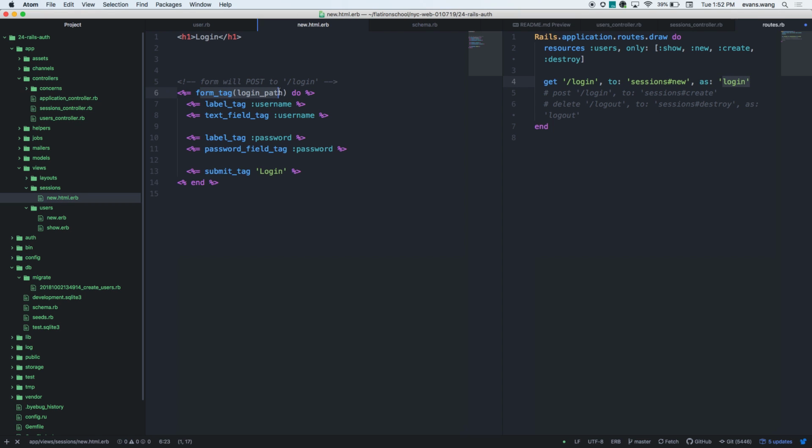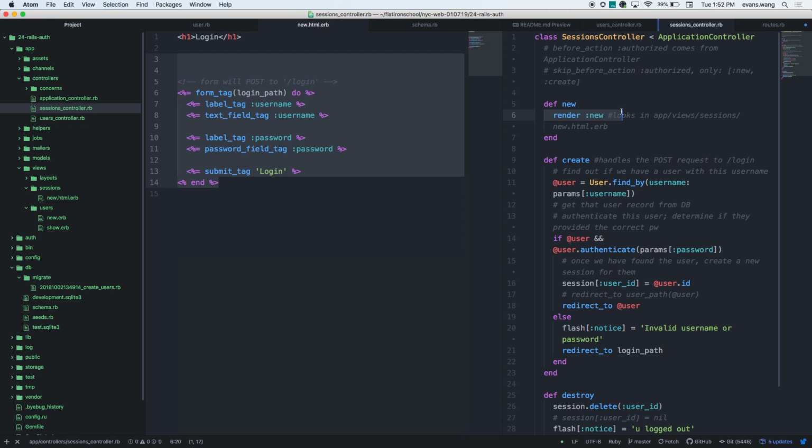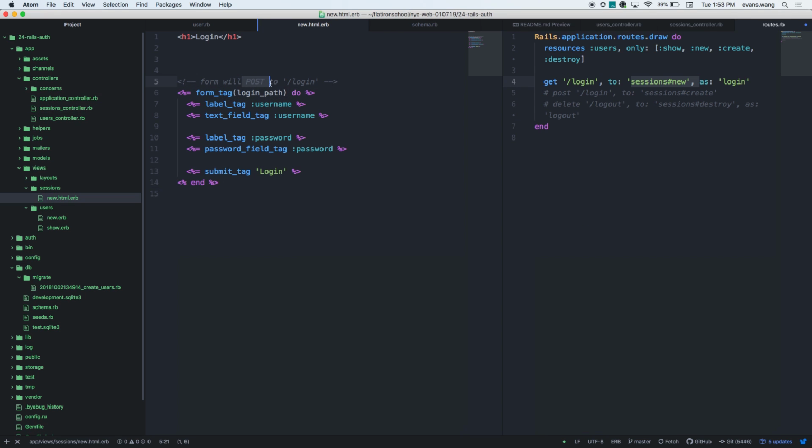So my form tag will, by default, make what sort of request? Exactly, right? I do a get, right, to log in, gives me this form. Because of sessions new, gives me this form. Now, where does this form submit? Post to